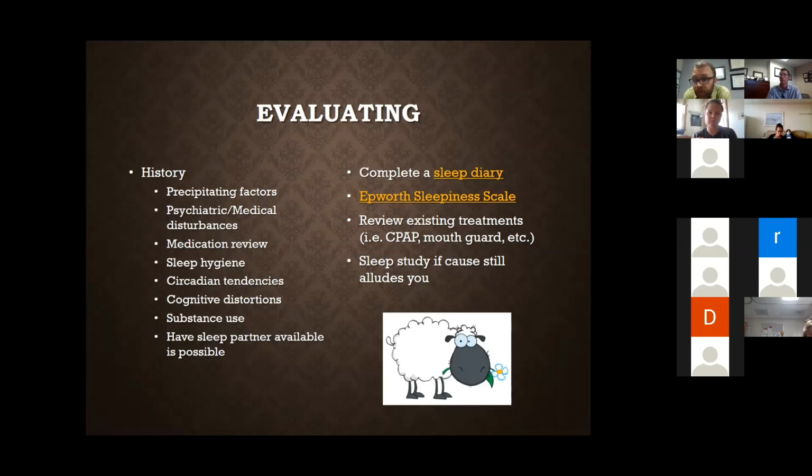And if you do find that there's a problem, one thing that I would advise is to do a sleep diary. And I try to make it convenient for you. If you look on New Innovations and pull up this PowerPoint, you can click these links. I chose well-vetted links that are evidence-based, as well as a really pretty picture and easy to print off and give to a patient. I'm not going to click those links today, just for fear that I'll screw up the visual portion of the presentation right now. But do take a look at those, and those are definitely things to hand out to your patients.